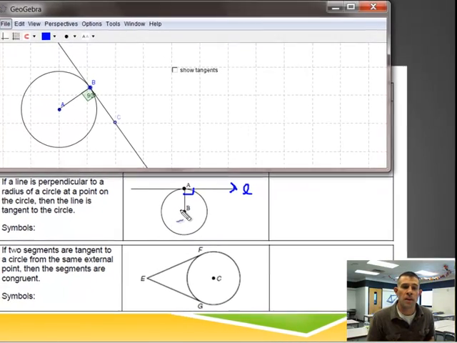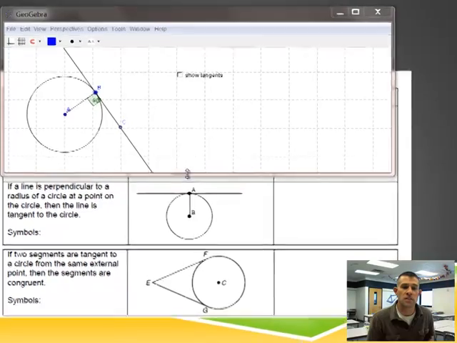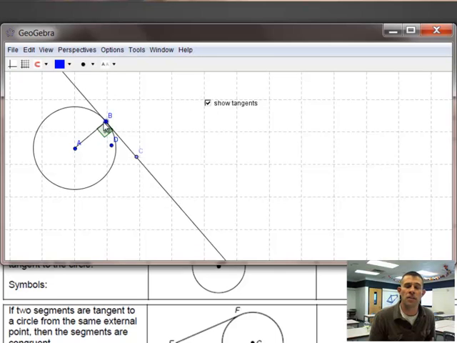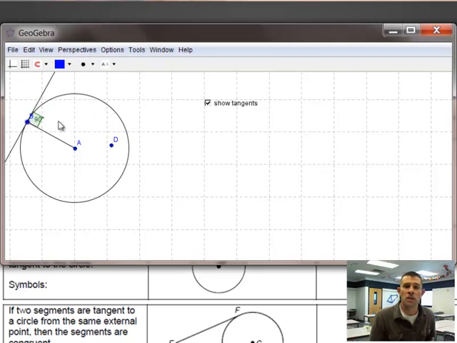Now we're going to take a look at this last theorem here. The last theorem says if two segments are tangent to the circle from the same external point, then the segments are congruent to each other. Let's take a look at what that situation might look like. There we go. I'm just going to swing this over here and I'm going to drag my point outside